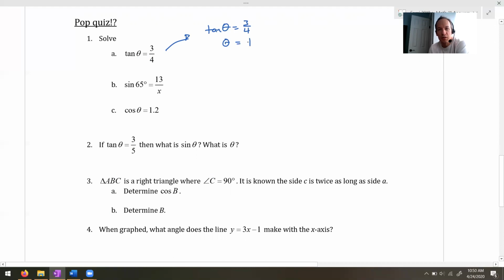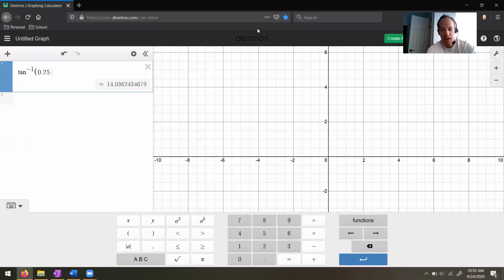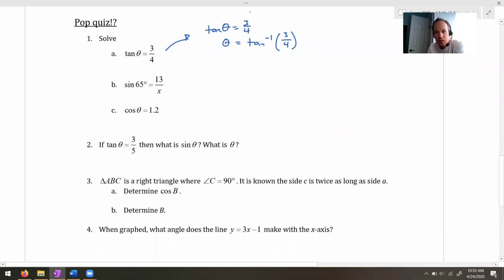No, you don't have to write it down every time, but it's good to have that in your mind. So inverse tan of 3 over 4, and we're going to make sure the brackets are all around. We get 36.86, so I'm going to say 36.87. So that means theta equals 36.87,